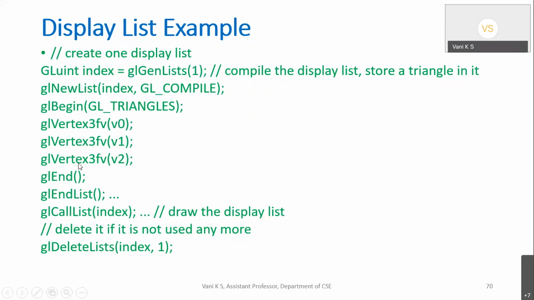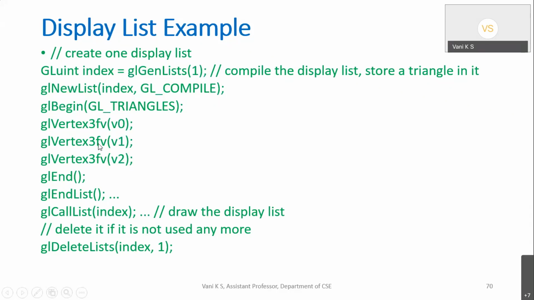Now, how do you call that list? Wherever you want in your further lines of OpenGL code, if you just tell glCallList and the index of that, the display list will be constructed again, or applied, here. You understood? I think you create, start initializing a display list. It is an identifier for the new list I am creating, which should be compiled and stored in memory. And this is the code I want to compile.